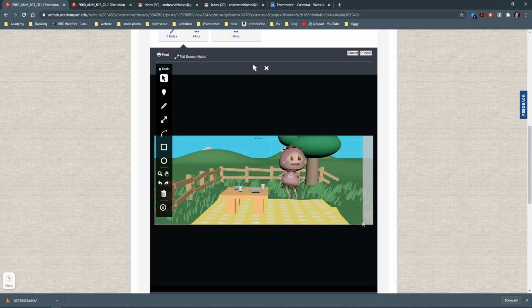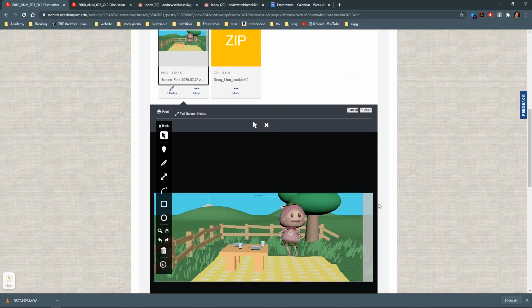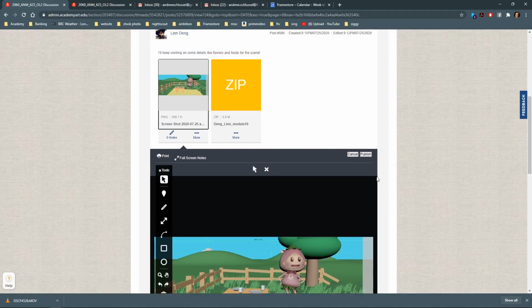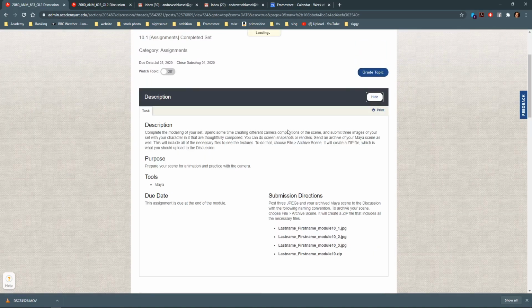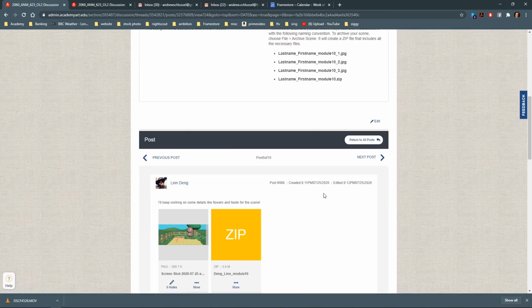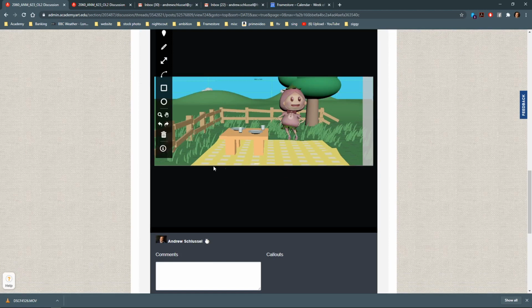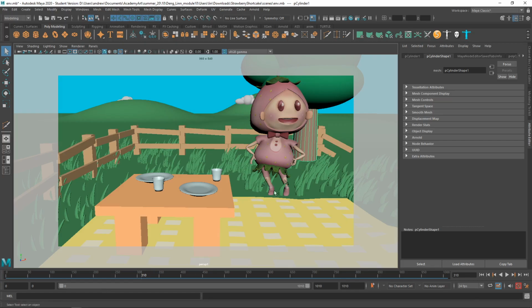Okay, so this is looking pretty good. The one thing is the assignment was to do three images, so like three different camera compositions, and we just have one. Looking at this in Maya, I think that the simple look and the color palette kind of go